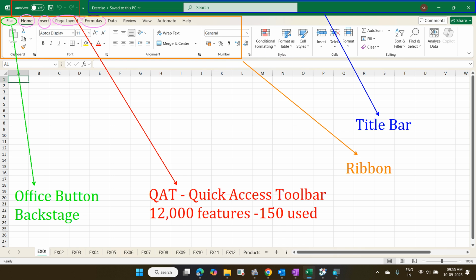Each item available here, we call it a tab. Home is a tab, Insert is a tab, Page Layout is a tab, Formulas is a tab, Data is a tab. And a special tab will appear whenever you do something new. When you insert a chart, a pivot, or a table, a new tab will appear here. That new tab is called a